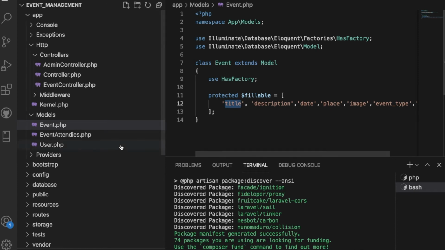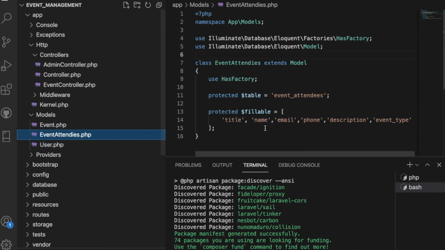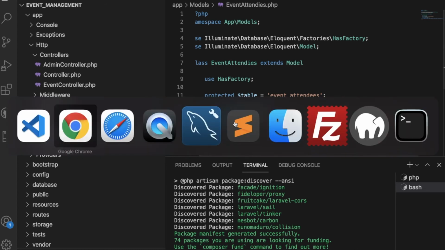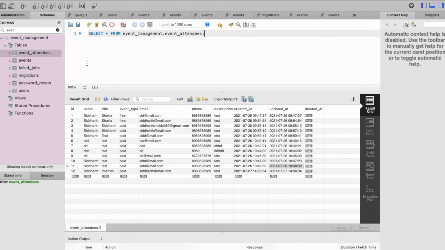So now we have the event attendees. Here what we do, basically, we also need a title. Title means the event which the user has selected, then we are storing it inside of the database. And normal information like whether this is paid or free, also name, email id, phone number, and descriptions we are storing inside of the database. Let me show you our columns also. I'm going to show you a realistic example here.